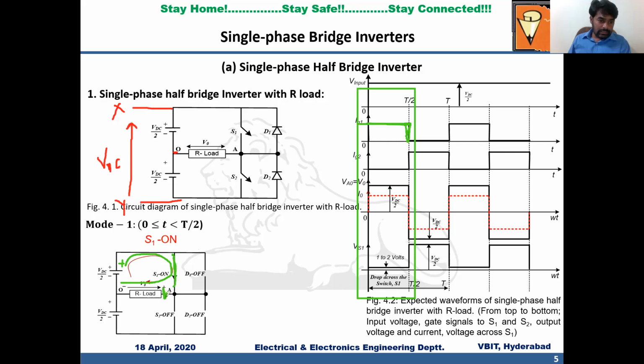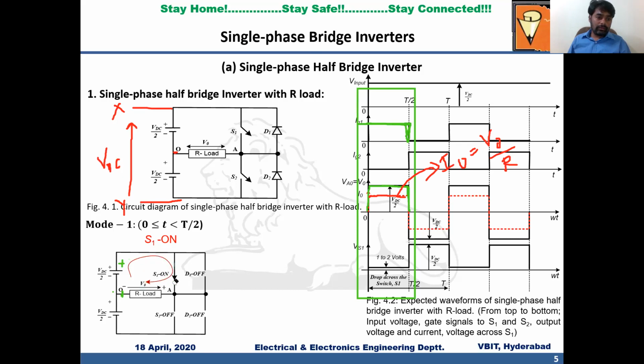Now, this A is connected to positive here, whereas terminal O is connected to negative. So they come in parallel. So voltage across the load will be VDC/2. So you can see here the voltage across the load V0 is VDC/2, right? And since the load is resistive load, you can see the current waveform and the voltage waveform are in phase. Only the magnitude will differ. The red color is for current. So I can write output current equal to output voltage divided by R. Output voltage is VDC/2, so I can say VDC/2R. That is the current to the load.